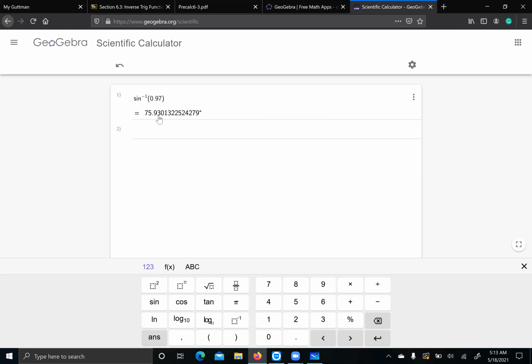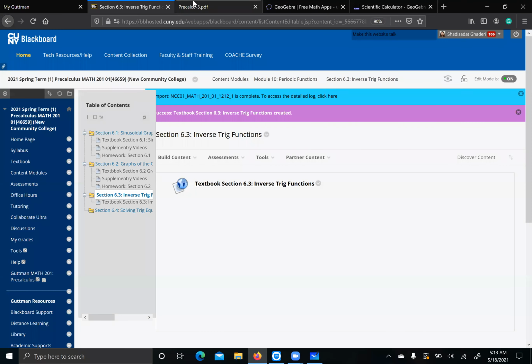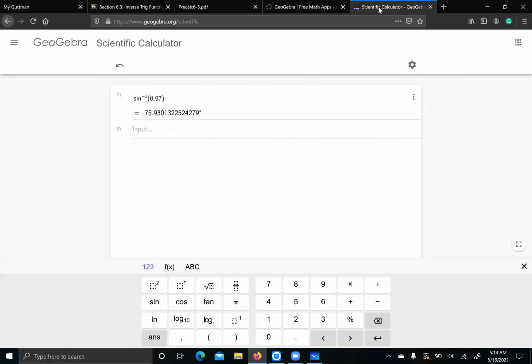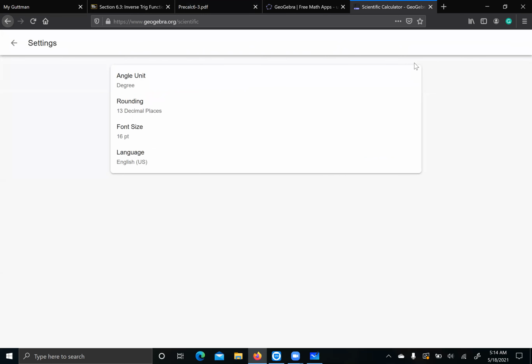Now this one, 75.93 and so on, is in degrees, right? So if the question is, what is the angle in degrees, then you say in degree mode, sine inverse of 0.97 is almost 75.93. But if you need to give your answer in radians, then you have to go to the setting of your